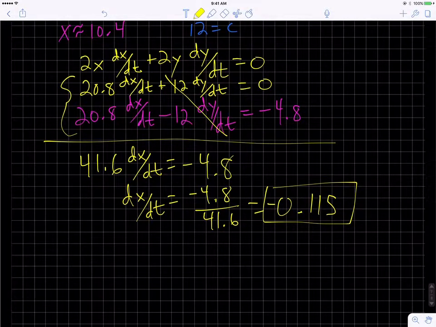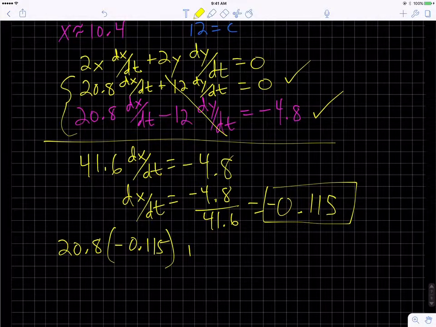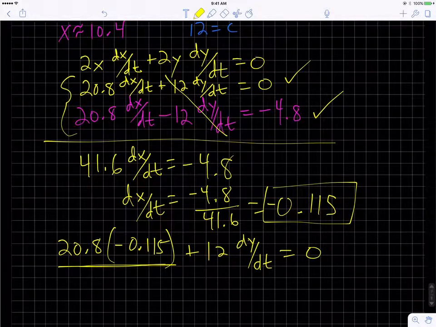So now to get dy dt, we choose either one of these two equations. I like that first one. It looks a little more simple. So I go 20.8 times dx dt, which is negative 0.115, plus 12 dy dt equals 0. So I multiply this stuff, subtract it, and divide by 12. And I'll get dy dt equals about 1/5, or approximately 0.2